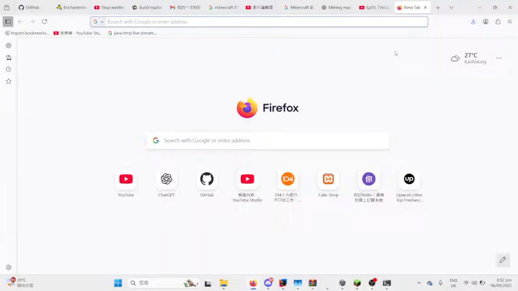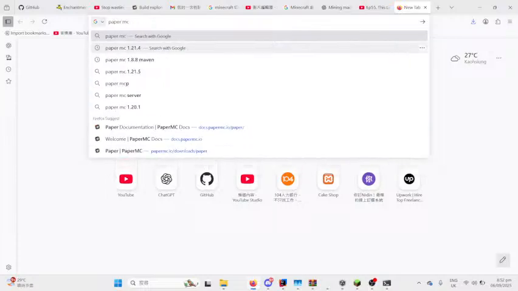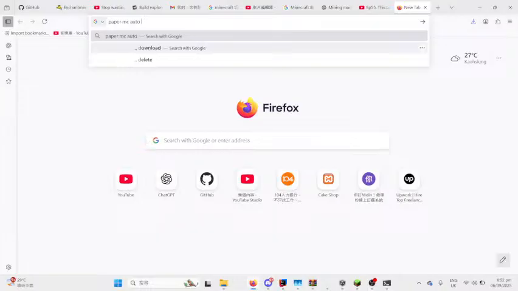Not paper Minecraft also reload the when I modify. Oh,